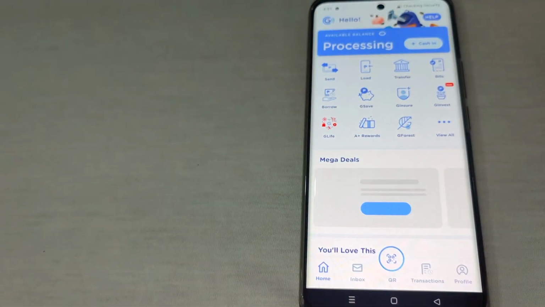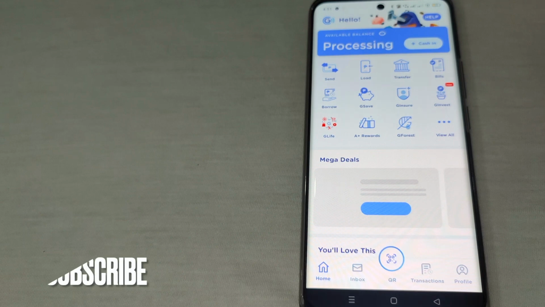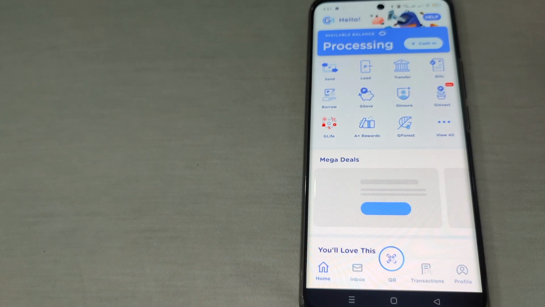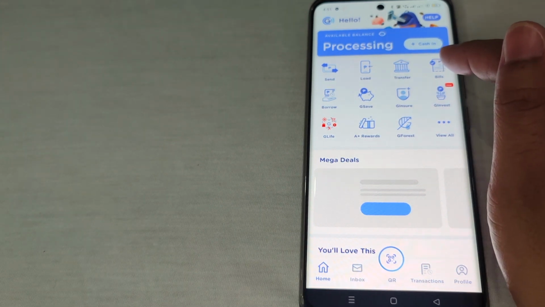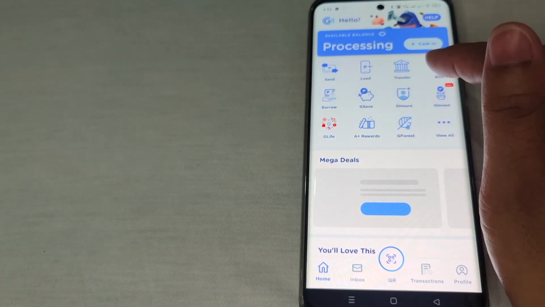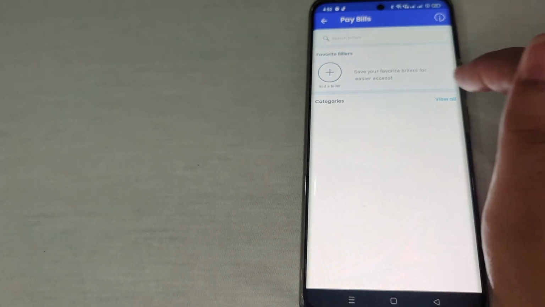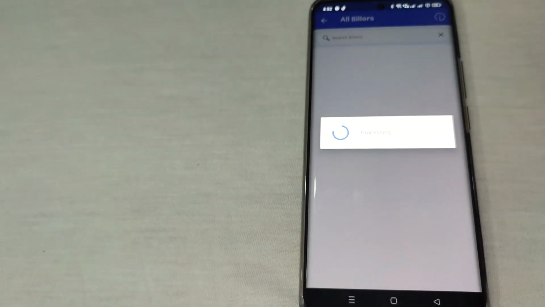Let's open. And as you can see, there is your homepage where you can see the different icons, the different features that Gcash offers to you. Okay, so since we're going to pay bills, this is very simple. All you need to do, guys, is just tap this Bills over here at the upper right part of the screen. So click that Bills, and of course, in category view all, click View All,